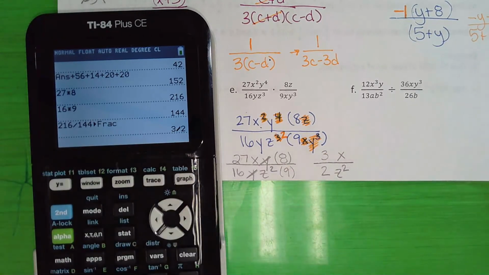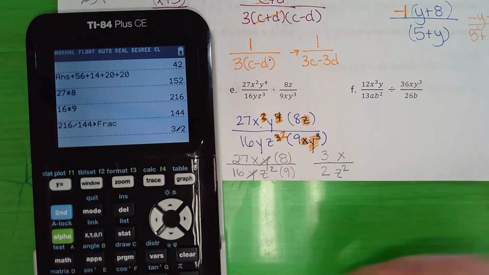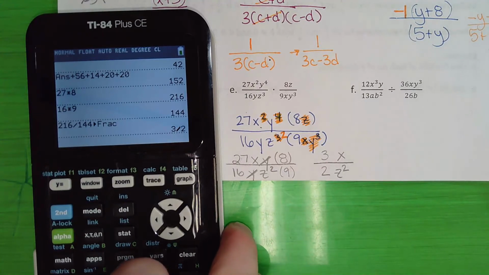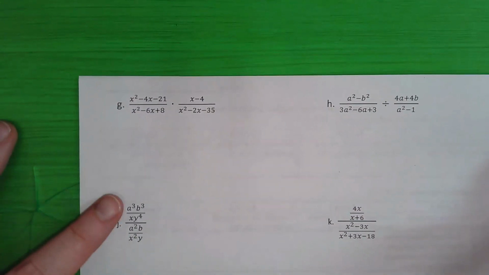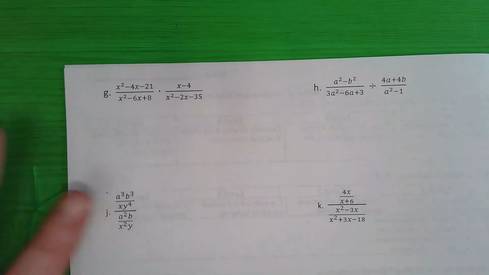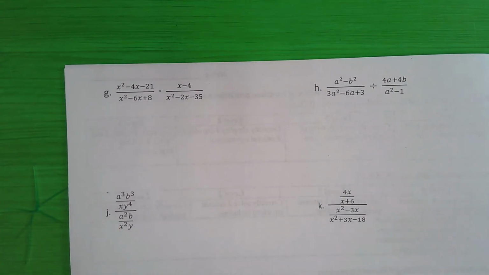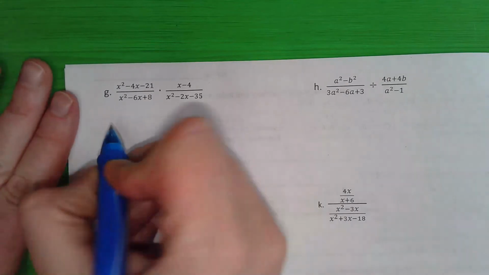You will have one question like this on your standard, which is a monomial with multiplication. It's not going to be exactly the same, but it is there. The other multiplication problem that I want to do is on the back of your notes. It is G. Whatever you're going to do every single time is you're going to look and see what you have to factor. So, writing out my problems,